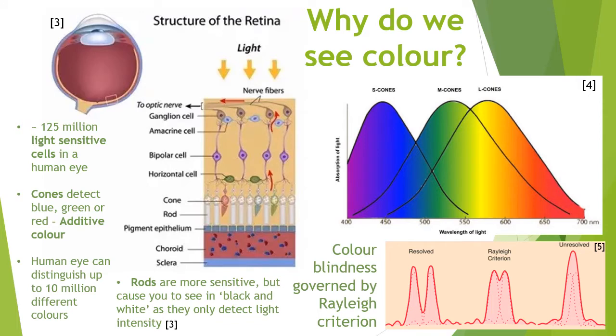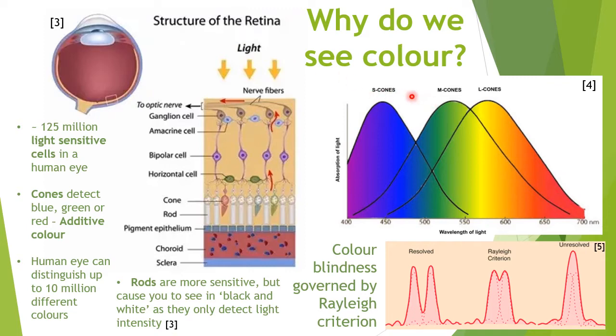So, how are we able to see colour? Well, the human eye contains millions of photoreceptors called rods and cones. As we can see from this cross-section of the retina, there are three different types of cones in the eye detecting red, green and blue light. So going back to what we just looked at, the human eye uses additive colour to see. Depending on the intensity of light detected by each type, it allows us to perceive and differentiate between 10 million